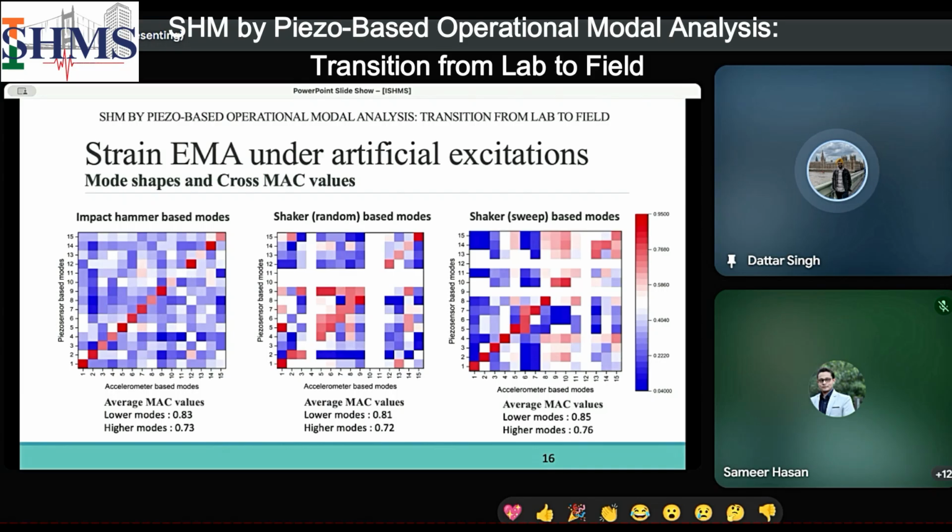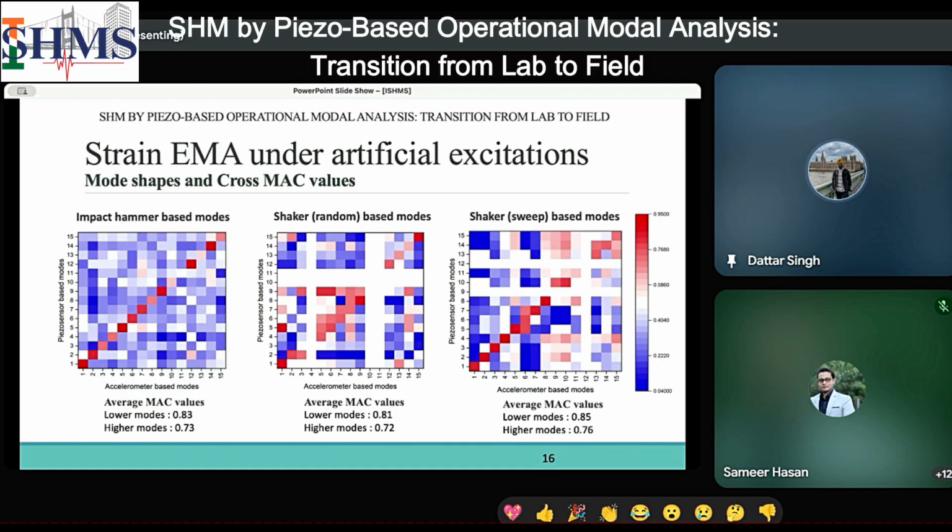Now, these are cross-COMAC values. These represent the correlation between the strain-based mode shapes and acceleration-based mode shapes under identical excitation. Again, the pattern is similar to what was observed in the last slides for auto-COMAC values: the corresponding diagonal elements show a very good correlation, again in the range of 0.85 to 0.95, with 0.75 being